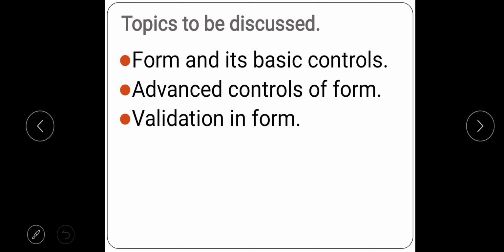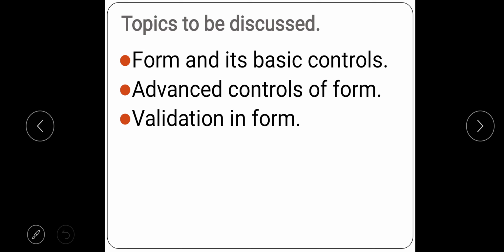We will see why the form is required, then what are the basic elements or controls of the form. Later we will see how to create these controls and use the attributes. These all things we will discuss in details with the examples.